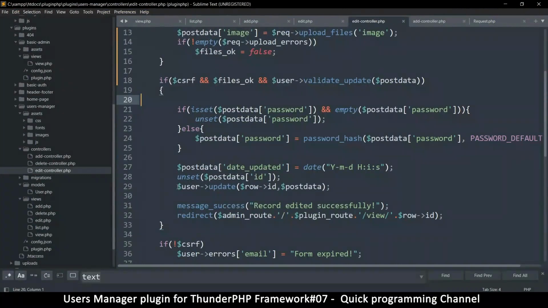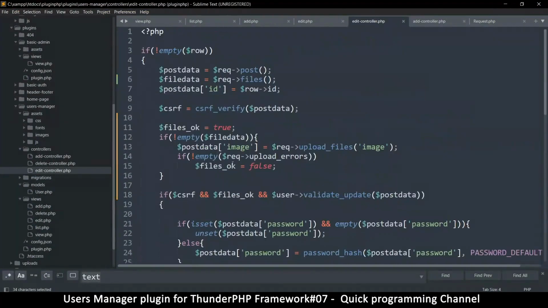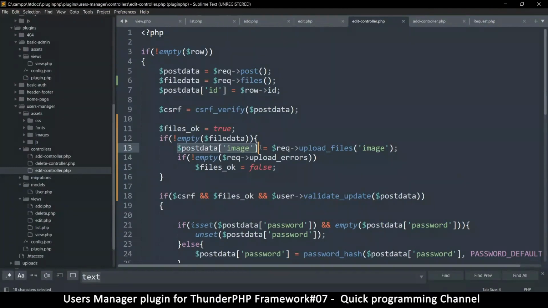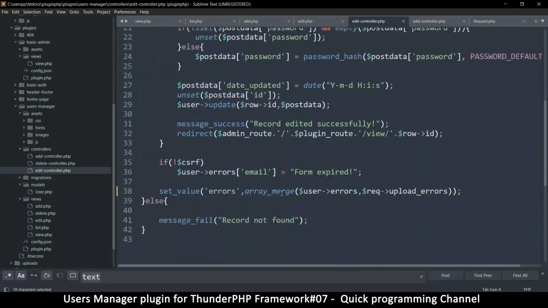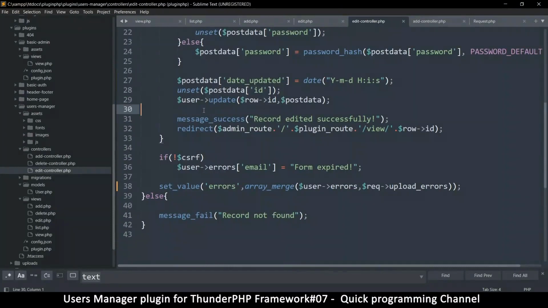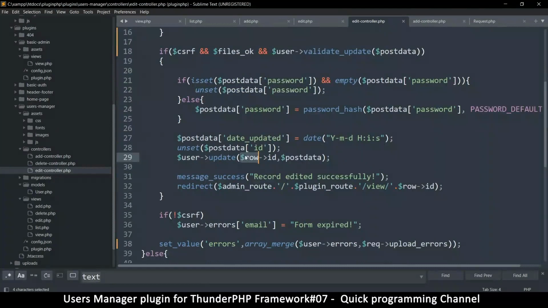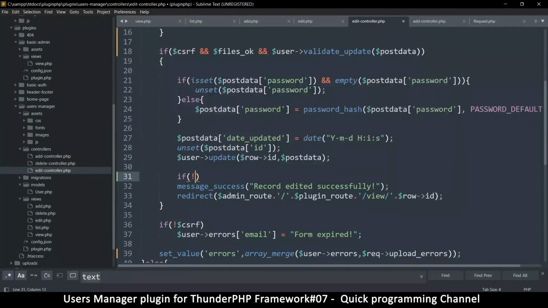So right about here where we're updating, first of all, I want to know if post image exists. If it does, then it means we are replacing images. Or we did replace an image, right? Remember that we have this row that is loaded before we update. So this contains the old data. So what we can do is I can say if not empty post image, right? If that's not empty, then here I will say something like